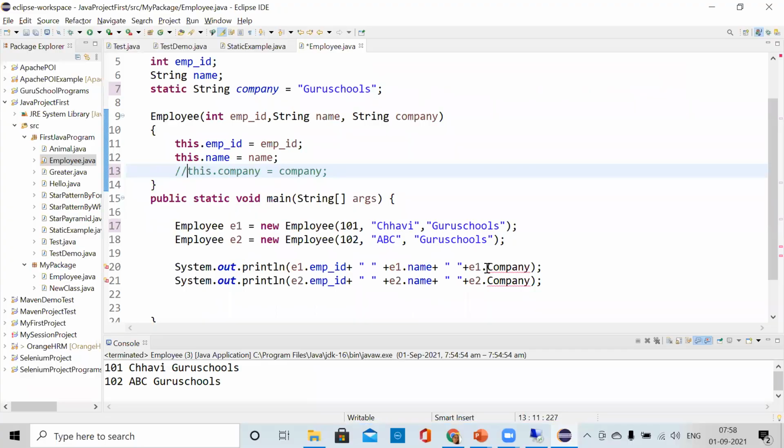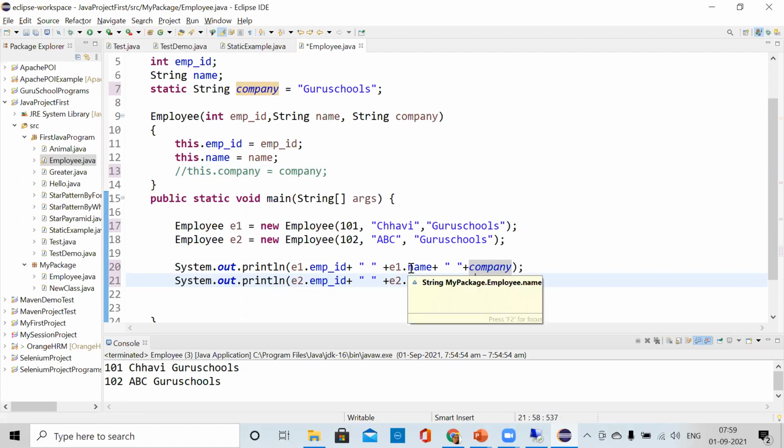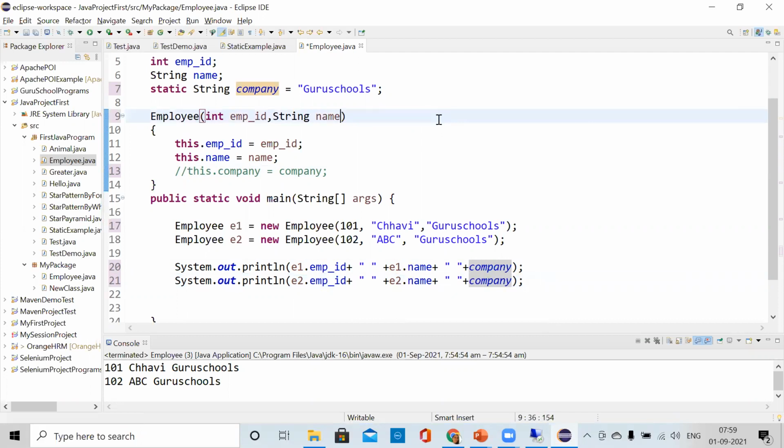We don't need this thing. If we make this static, we have learned that we can call it directly, correct? And also we don't need to pass it as a parameter in the employee method. We don't need to pass this as a parameter, because we are not writing this dot company equal to company.